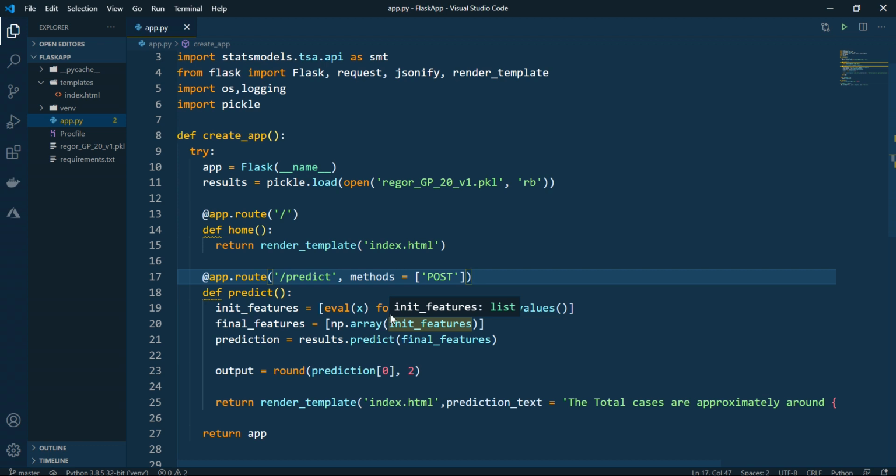In order to deploy it to a cloud, you need to wrap it in a separate application. For that, I have put this inside a function. So I have defined a function that is create_app, and inside this I have put my application which I had previously.